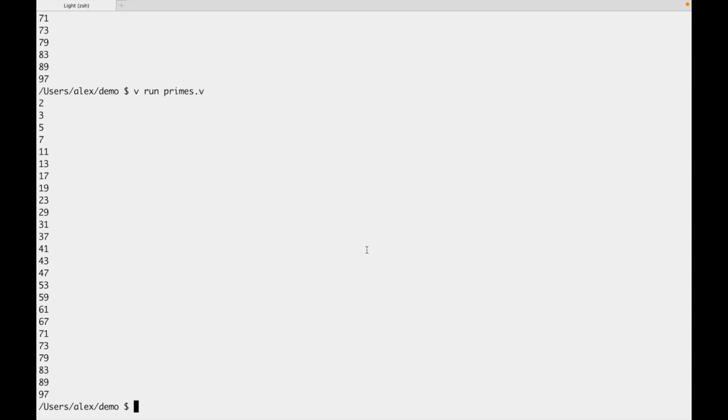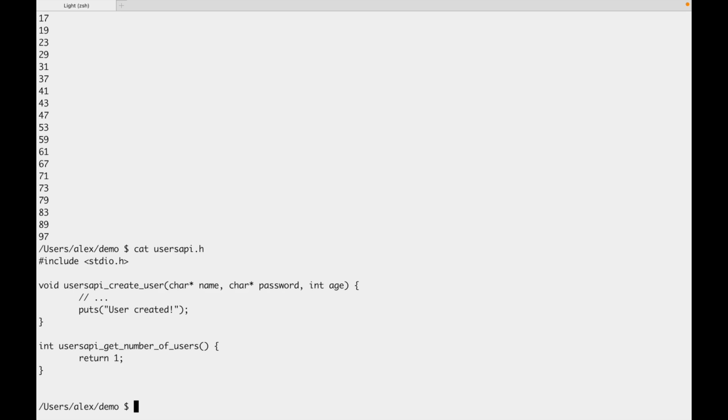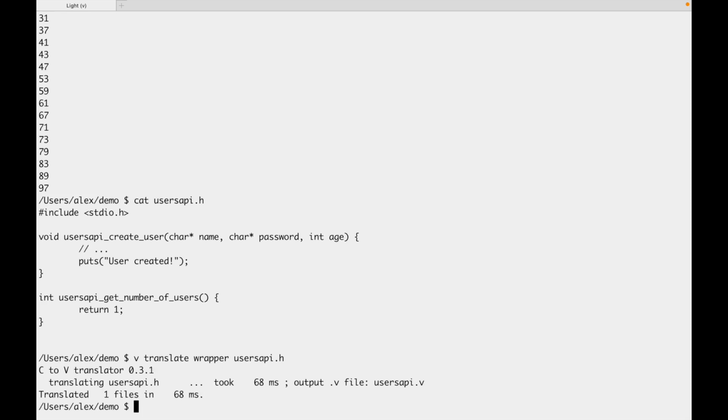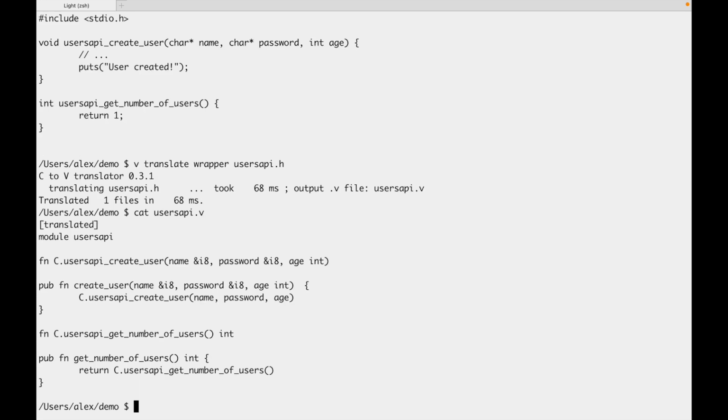We have a simple file, users_api.h, and by running v wrapper users_api.h, we get users_api.v with just the function definitions. C doesn't have modules, so in most C libraries, all functions start with the same prefix, users_api in this case, the name of the virtual module. C2V helpfully strips those prefixes and generates nice, clean wrapper functions that can be called with a simple users_api.createUser